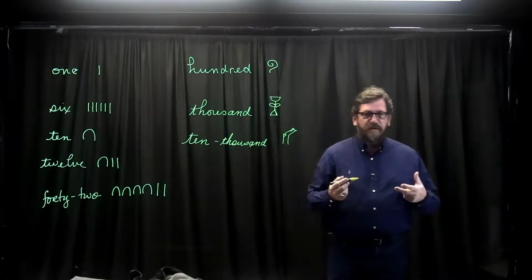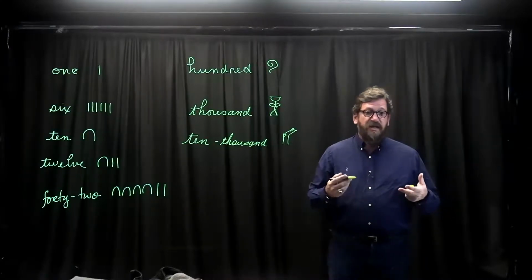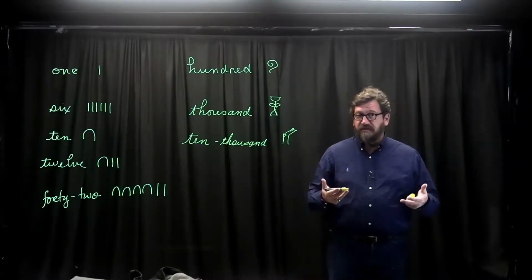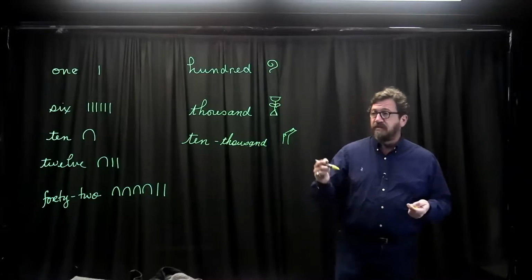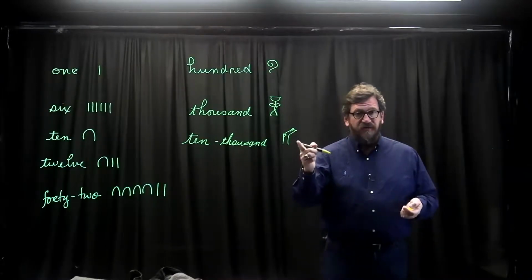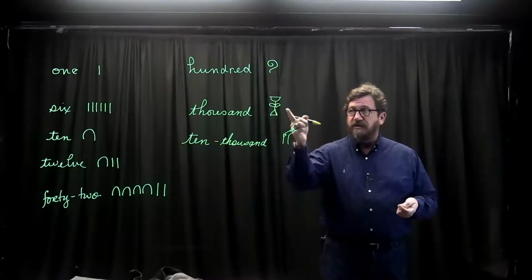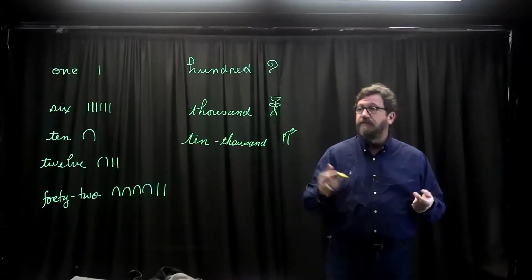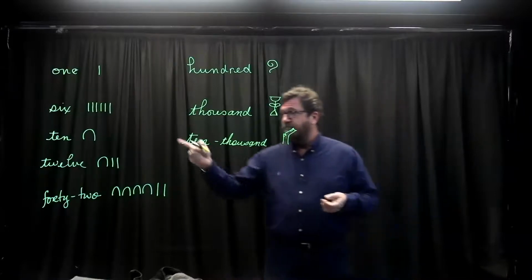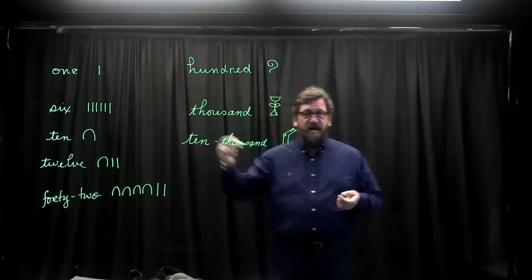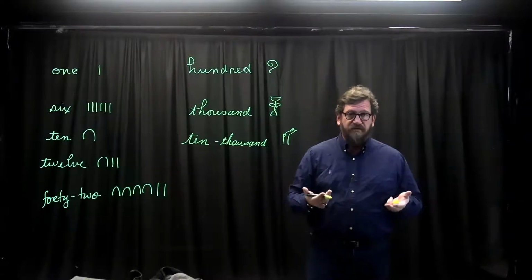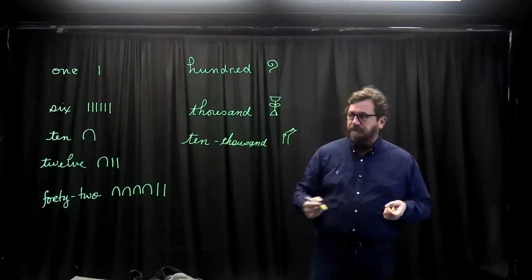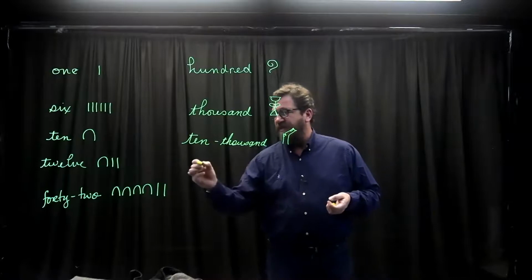So if you wanted to represent, let's say, 22,022, you would need 2 fingers for the 20,000. You would need 2 lotus flowers for the extra 2,000 to get to 22. Then you would need 2 heel bones and 2 staffs for 22,022. After 10,000,